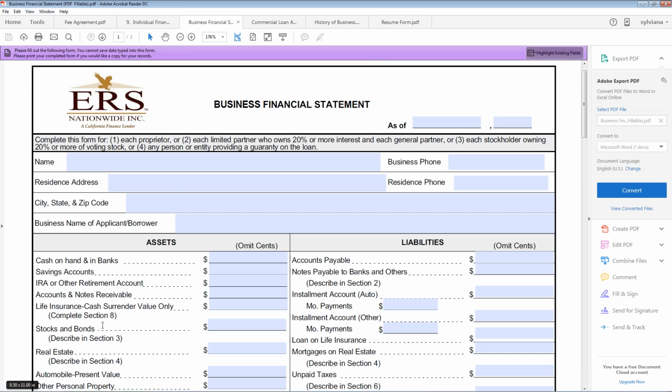Now a lot of you are saying, well, what if it's a startup? Well, startup loans are hard to get, first and foremost, so maybe you shouldn't target those types of loans. But if it is a startup, then obviously you're not going to have this. Then what you want to do is probably fill out multiple personal financial statements for the partners forming or starting the venture. So if you've got 3 partners, instead of just putting forth a guarantor,